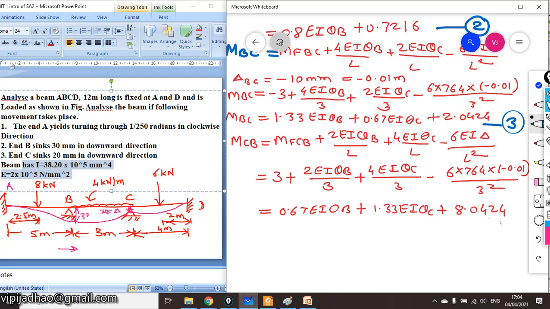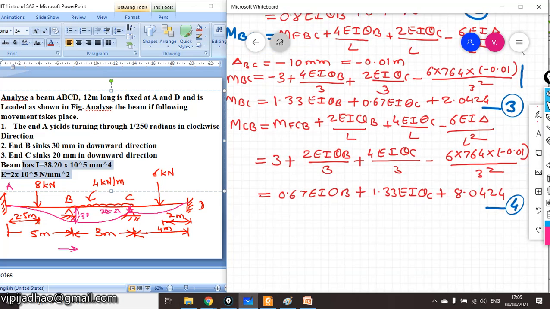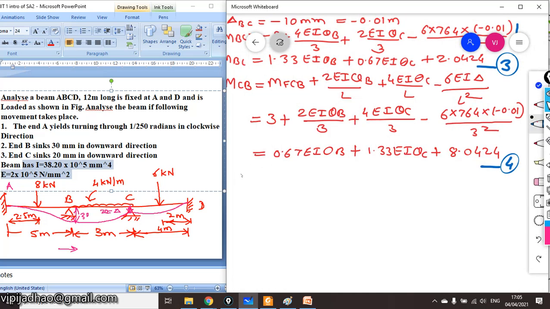Consider this as equation number 4. Now we have to write down the slope deflection equation for MCD. Therefore MCD is equal to MFCD